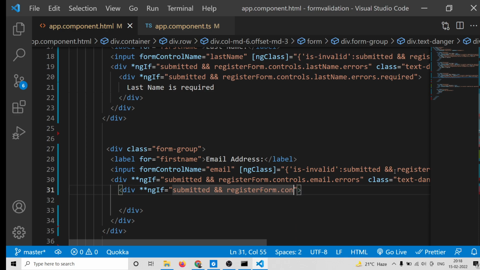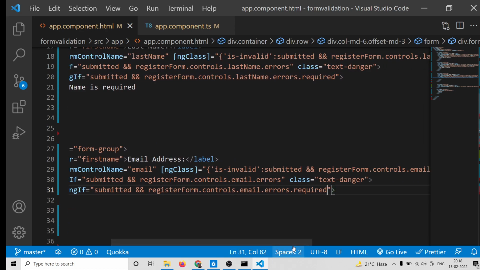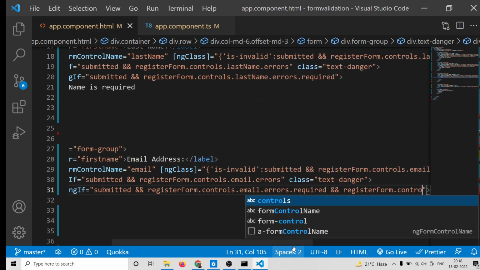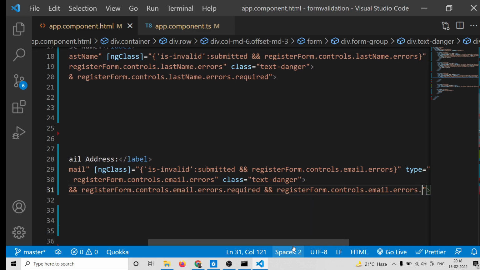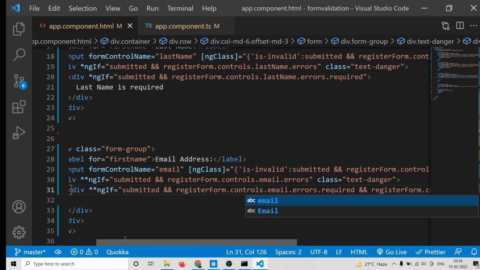register form dot controls dot email and errors dot required for the required field also, and also we need to check for the second condition that we put here. If you check here, there are two conditions, this is an array, so the second condition is for the value email as well. So we will once again put an and symbol here. We need to check for the third condition, register form dot controls dot email dot errors dot email. Sorry, this is the second condition. So in this way you can check for multiple conditions,